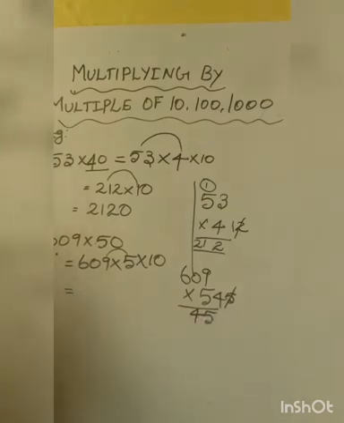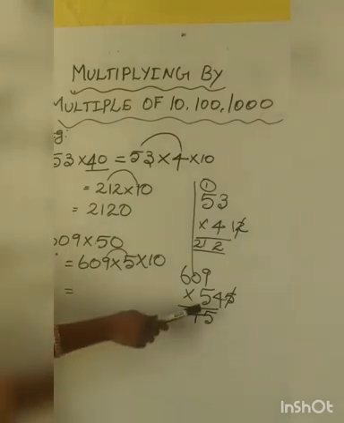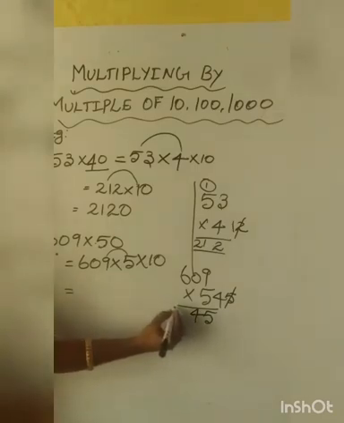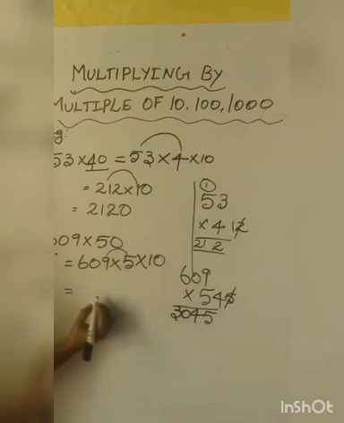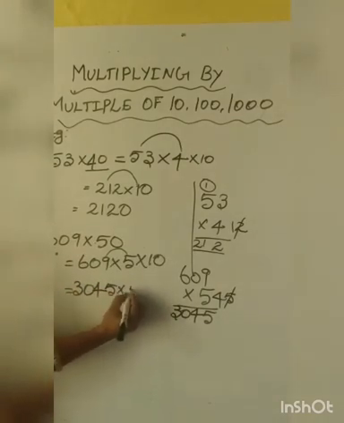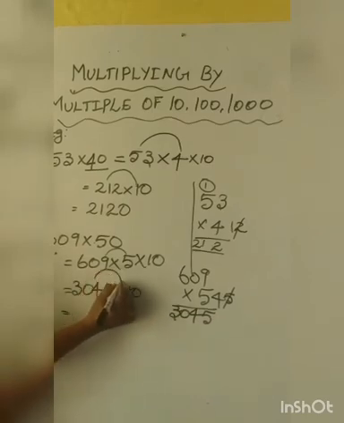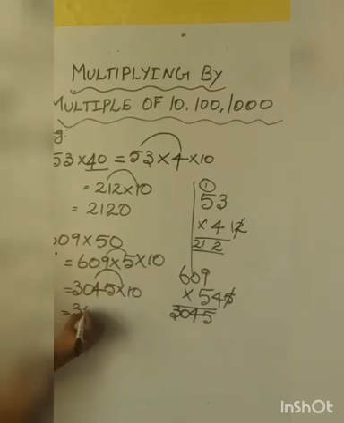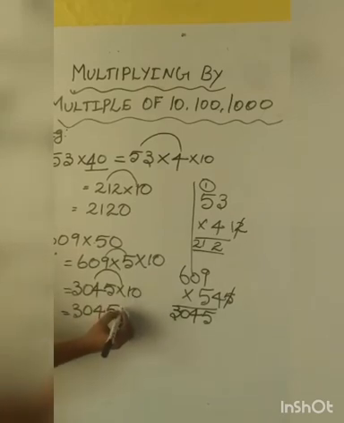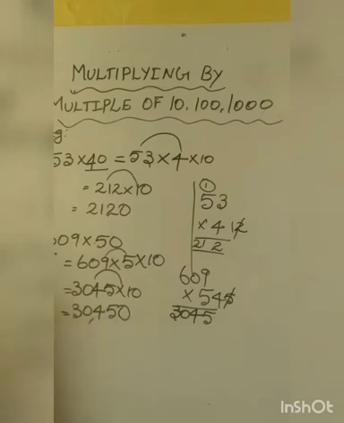Suppose any place value is 0. If you have a carry number, you just write the carry number. Okay. Next, you have to multiply 5 into 6. 5 6s are 30. Very good. So the answer is 3045. Next, you multiply by 10. So 3045 by 1 is equal to 3045. How many zeros are there? 1 zero. So the answer is 30,450.